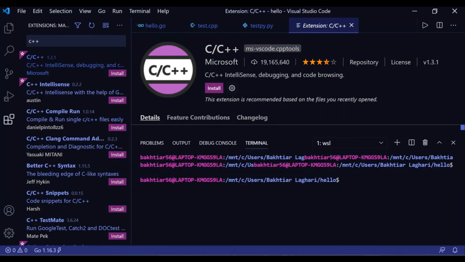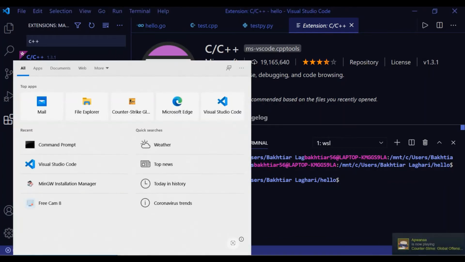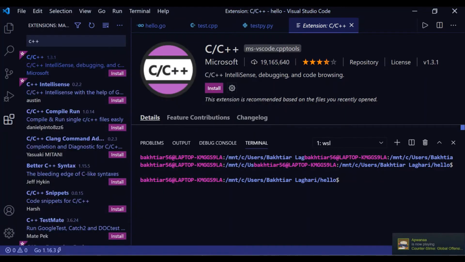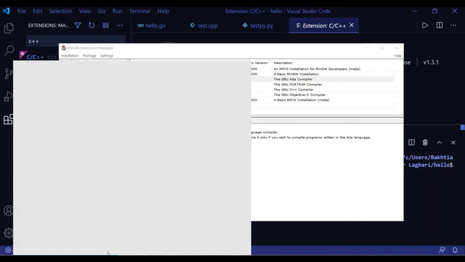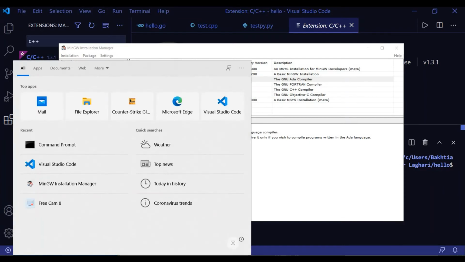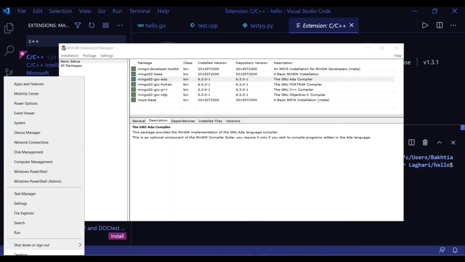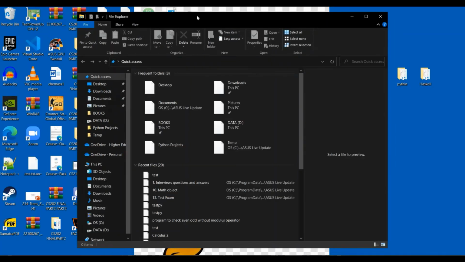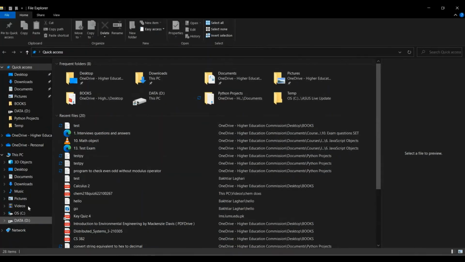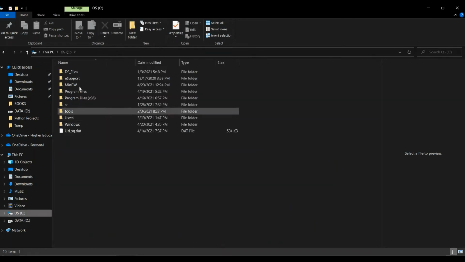So now the main thing that is left for you to do is to add the compiler path to your system environment variables. So you come here, you go to File Explorer, and go to where your MinGW was installed.